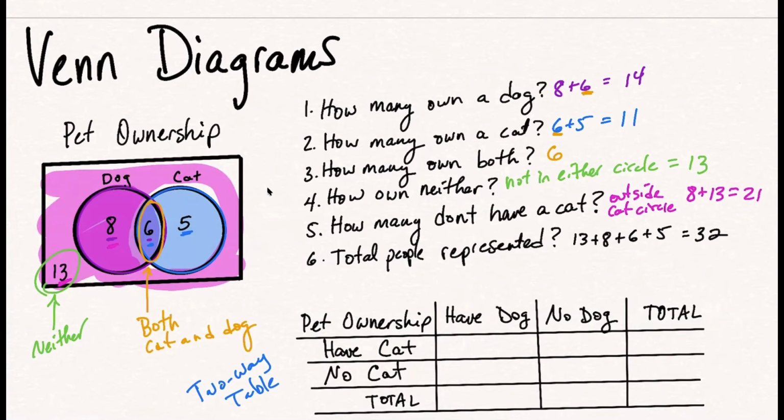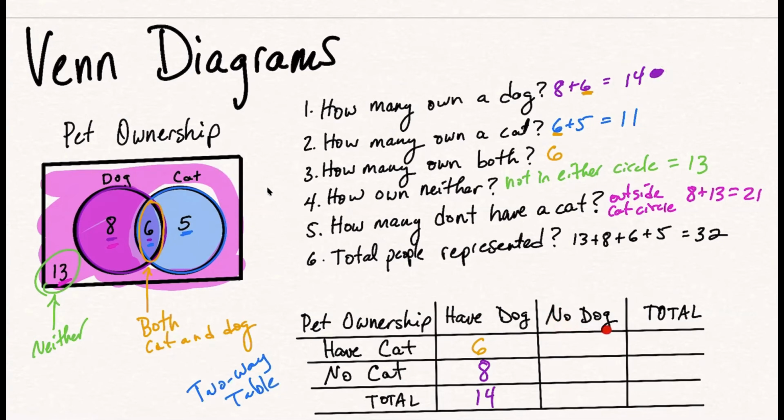So how many people, this little box here is how many people have a cat and have a dog. That's going to be these middle people here, 6 people who have both. How many people have a dog but don't have a cat? That's these people here. You see they do have a dog, so they're in the dog circle, but they don't have a cat. So that's just this 8. Okay, so the total people who have a dog is 6 plus 8 or 14. And you see that same 14 is here.